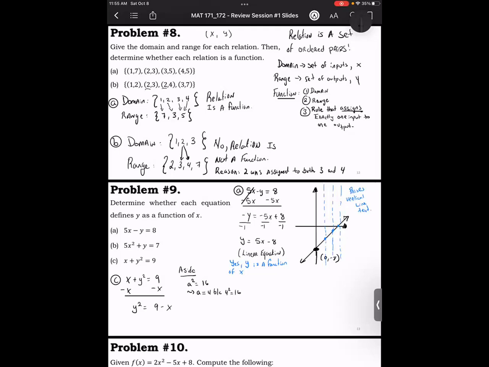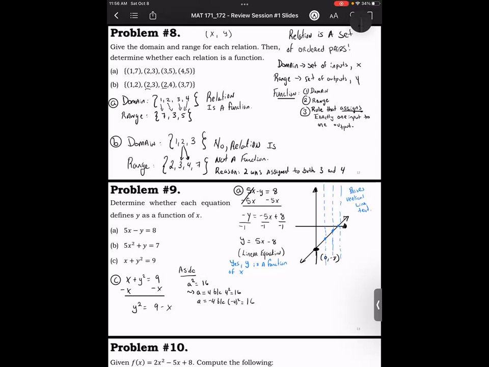Is there another solution for A? Is there another number that when I square it, gives me positive 16? -4, right? A can also be equal to -4 because anytime you square a negative number, the result is always positive. So -4 squared is the same as saying 4 squared, which is also 16. So long story short,